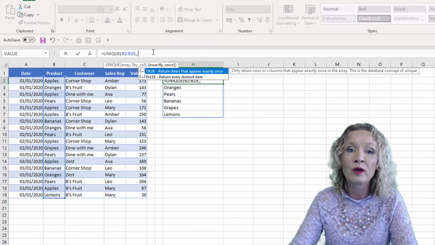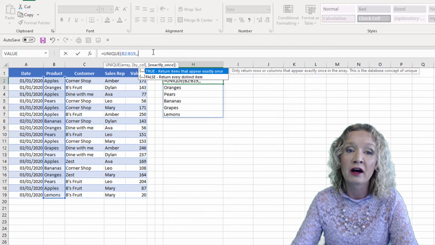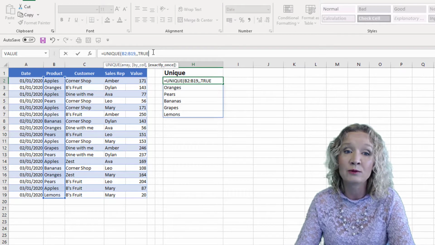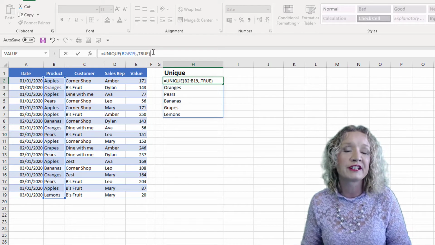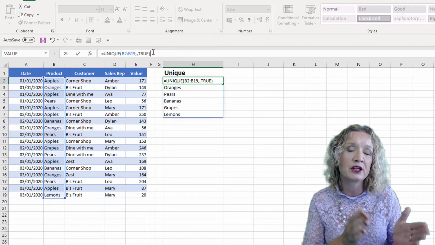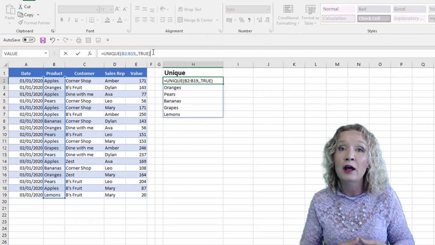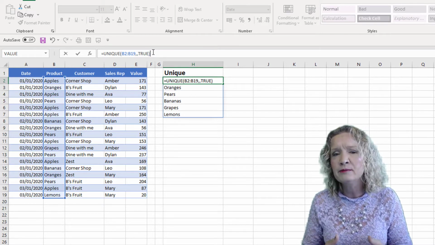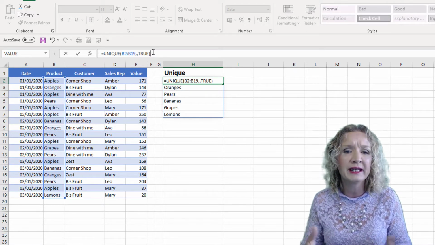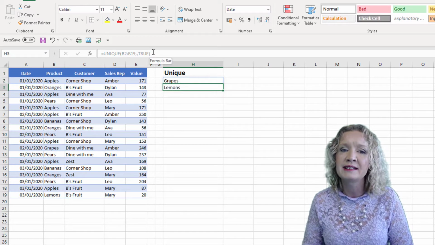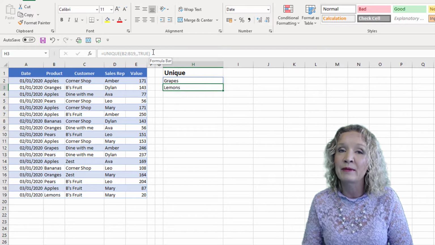But if we select return items that appear exactly once, this is going to return a list of items that are contained within your original list that only appear once. So items that have a duplicate won't be in there at all. So we can see that grapes and lemons only appear once.